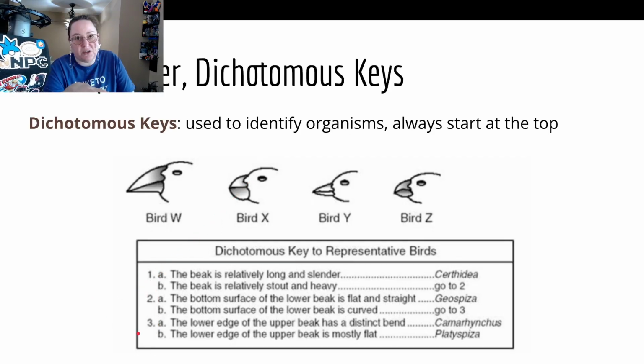So again, even though sometimes you might be like, I already know, I'll skip. Always, please, start at number 1 until you get to know your dichotomous key really well and you can identify these things off the bat. But usually, as a novice, you always go back to number 1. You always read both choices. And then whichever is the most fitting. And sometimes you're going to have to back up.